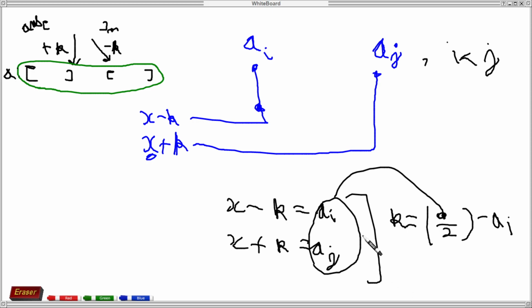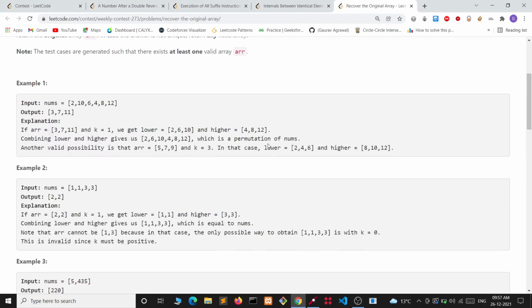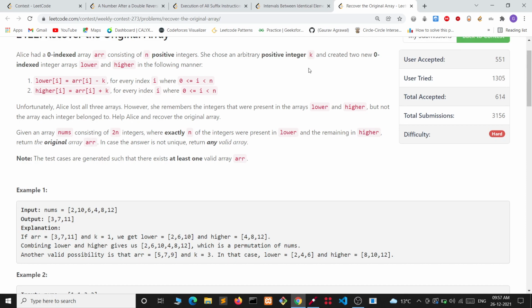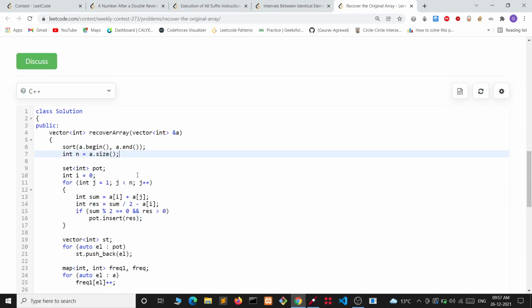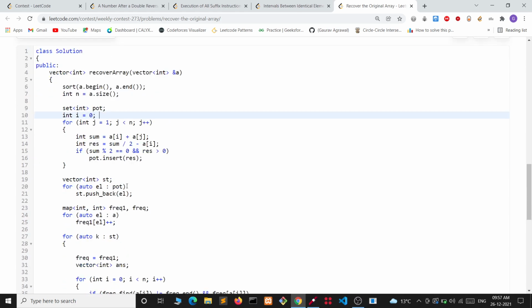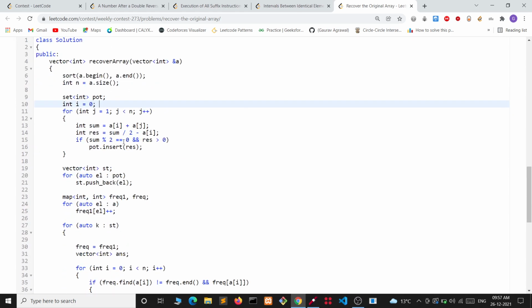We can see that AI plus AJ should be divisible by 2 so that we can get K as an integer value, as it is already mentioned that K is a positive integer. So we fix AI as A0, and then iterate through all the elements other than A0, checking if the sum is divisible by 2, and the result, sum by 2 minus AI, is the value of K.